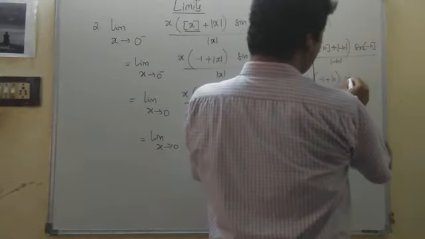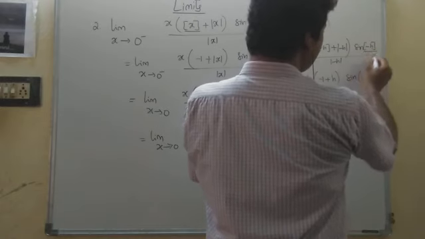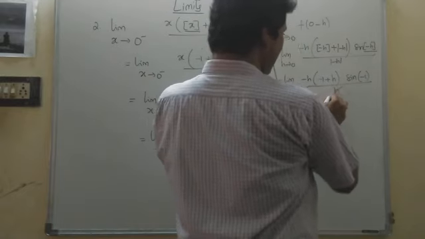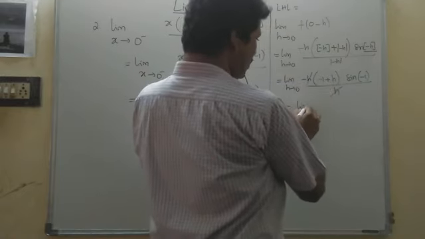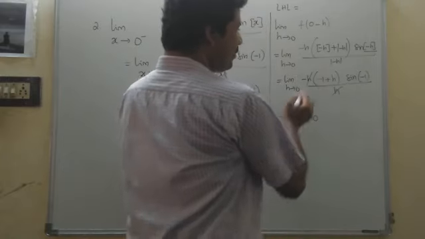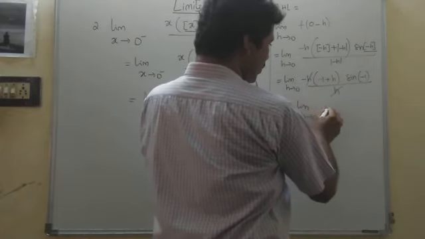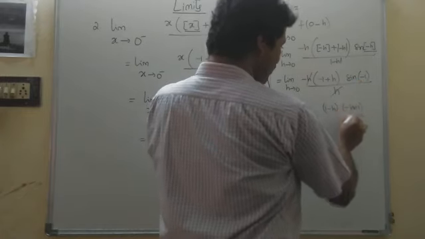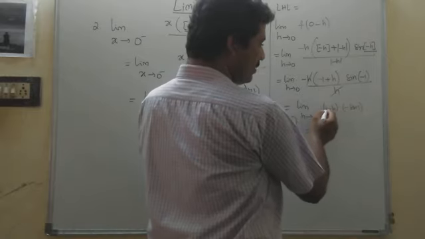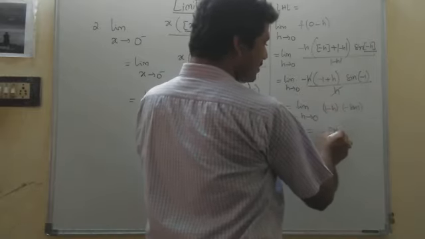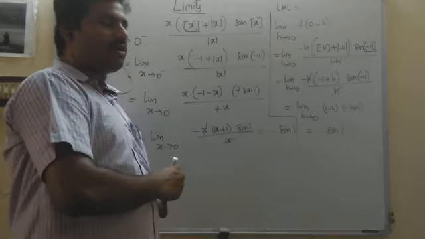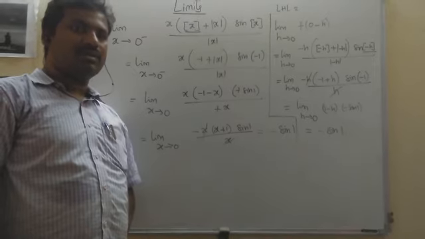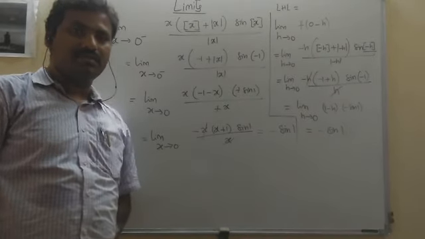Sin of box of minus h. What is the box of minus h? Minus 1. By mod of minus h, which is h. H gets cancelled. So limit h tends to 0, multiply this minus with that one. What will happen? 1 minus h into sin of minus 1. What is the sin of minus 1? Minus sin 1. What is the value? 1 minus 0, 1. 1 into minus sin 1 is minus sin 1. So that is the way we do the problem. In this way, with box or mod x, we can solve the problem easily.